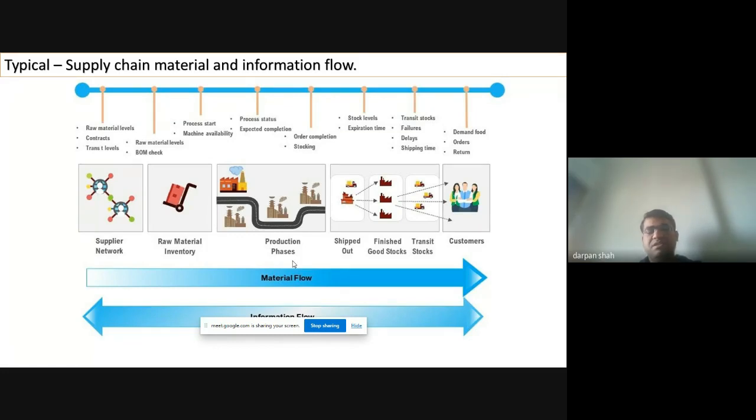As you can see, the material flow travels from left to right, and similarly the information goes back from the customer to the main company, the parent company, and the suppliers. So moving forward,